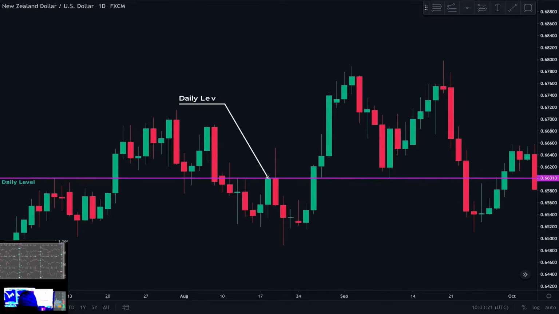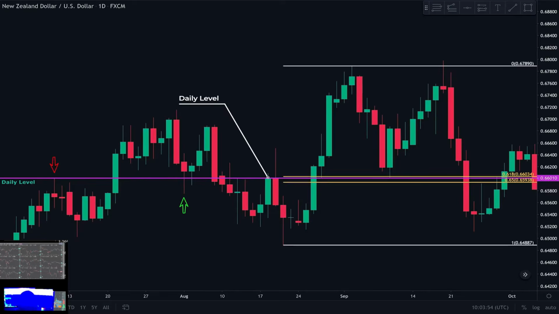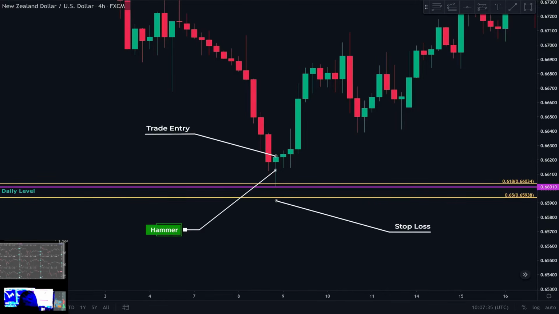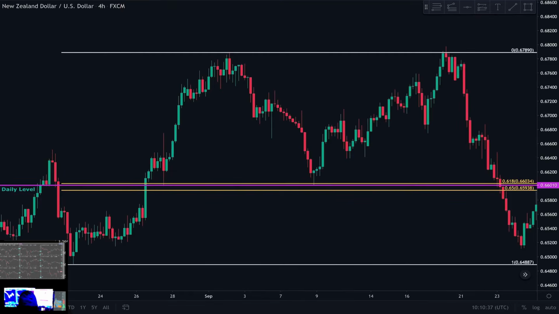Profit. This works everywhere: crypto, Forex, stocks. Let me show you. Right here, we get the daily level. With the daily time frame, we get the daily level this time. Price breaks below support, retests, and then it forms a hammer candle. So what do we do? We go long. You see what happens to price? It rallies into resistance just like clockwork every single time. It's the same system, just a higher time frame.